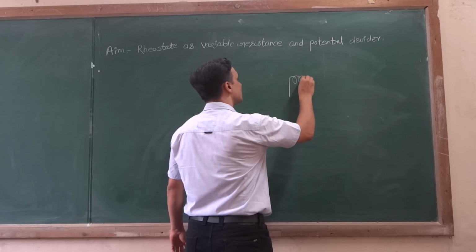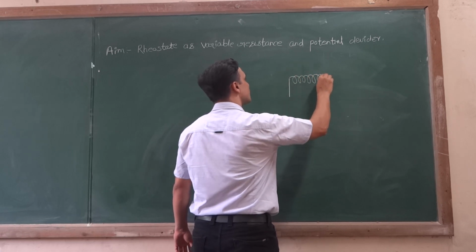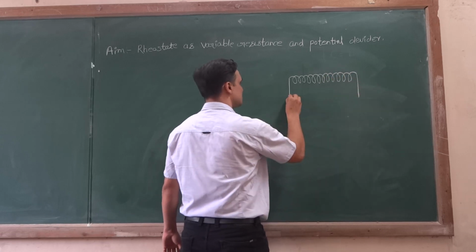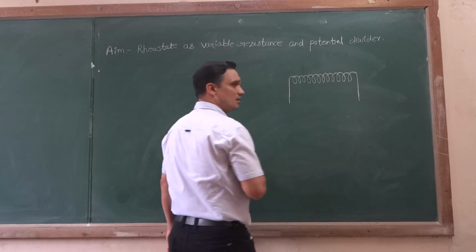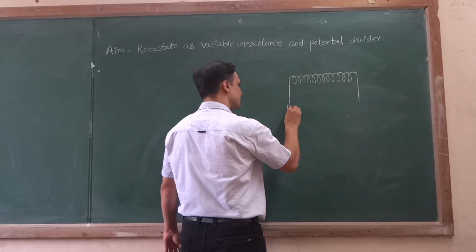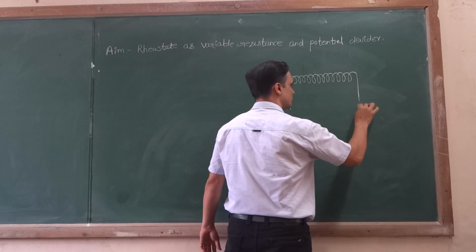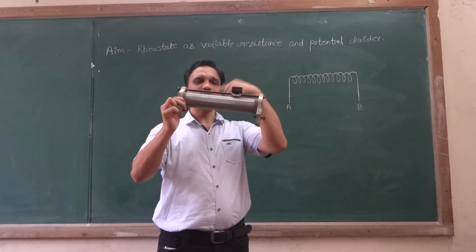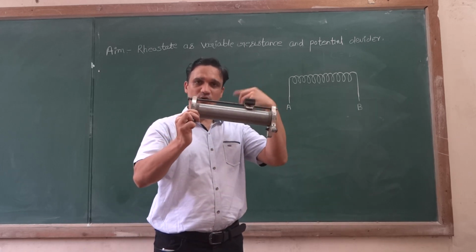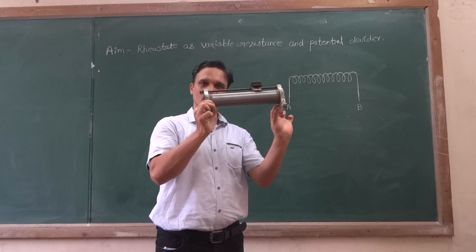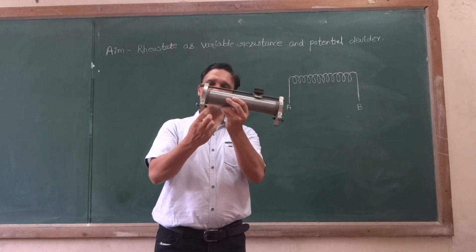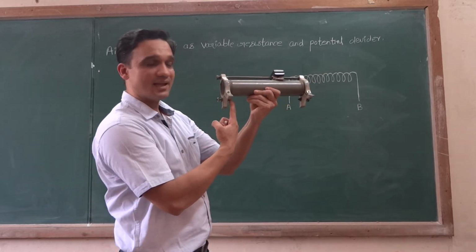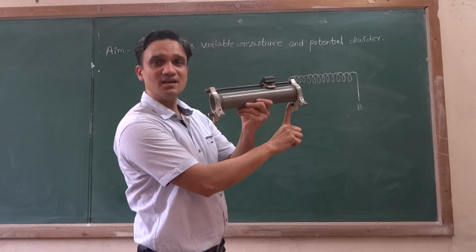There is the nichrome wire winding on a cylindrical portion like this. One end of the nichrome wire, let me take this as A, and the other end you can take as B, which I was talking about here. So one end of the nichrome wire winding is connected at this end, and the other end of the nichrome wire winding is connected at this end. So this point can be taken as A, and this point can be considered as B.